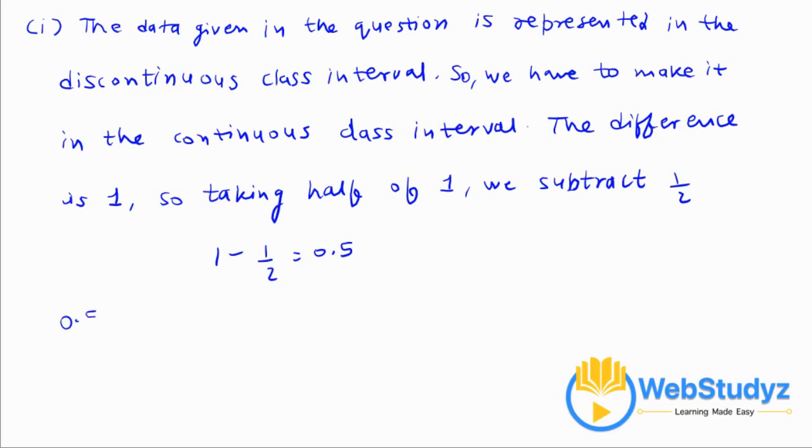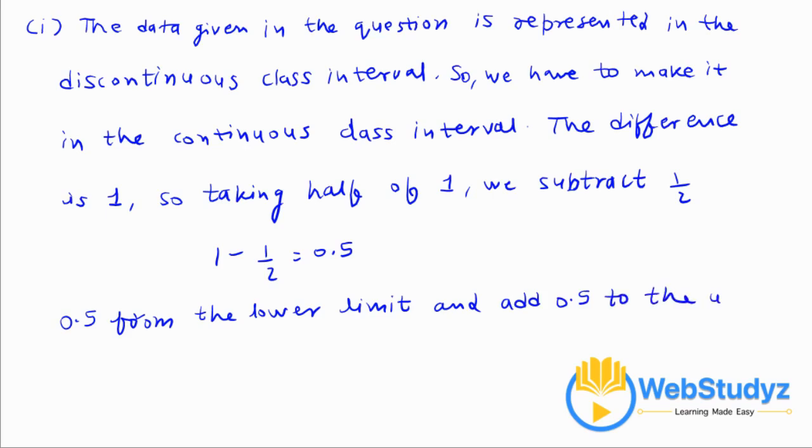So 0.5 comes out from the lower limit and we add 0.5 to the upper limit,